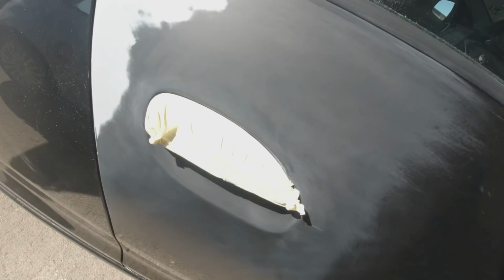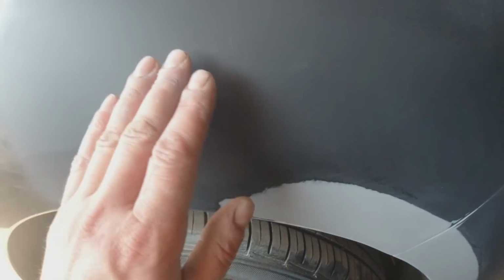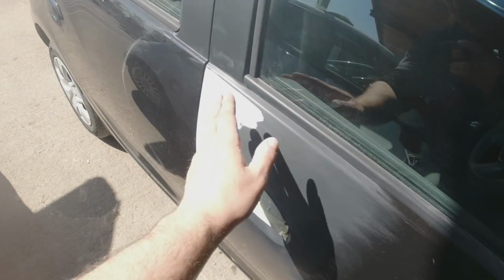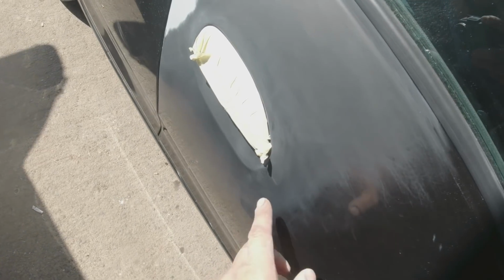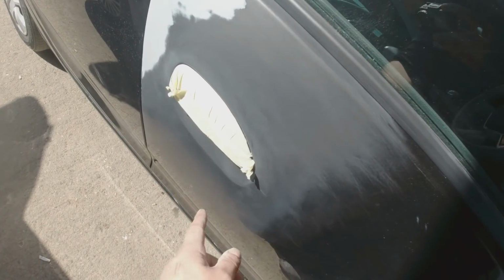So we're all scuffed up as far out as we want to be. You can see this is a lot better than the 800 where it was sort of cross-hatched. We've got a smoother finish here with this scuff. We're taking it out probably a little bit wider than I think I need because you always end up needing a bit more space than you thought you did. So it's always best to do a larger area because all this will polish out if you don't end up going out to here anyway. But the colour's probably going to end up going to there, so I definitely need this much space